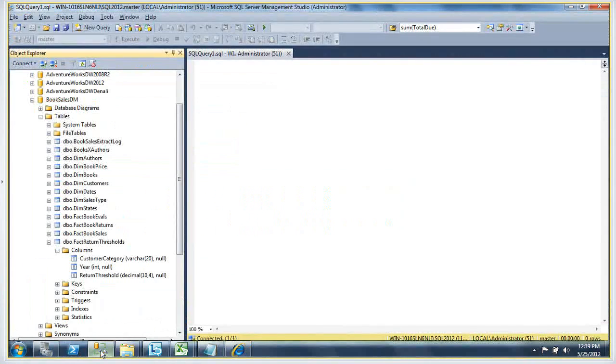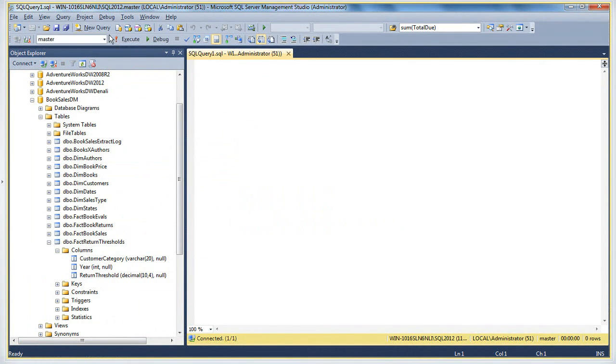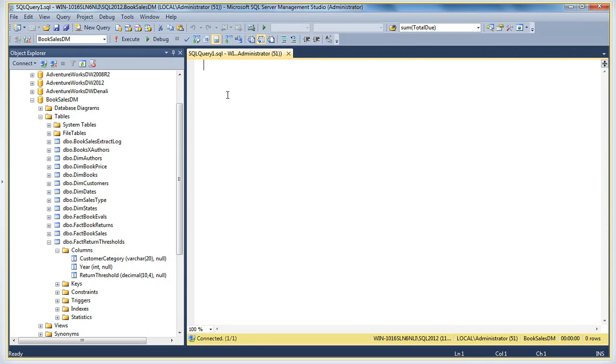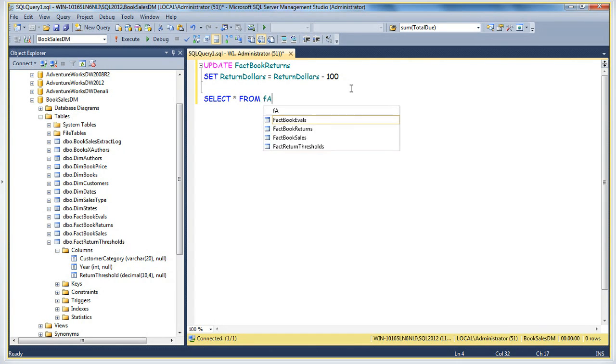If I were to go back to SQL Management Studio and update the sales or the returns figures, for instance, I might say update Factbook returns, and just for the heck of it, set return dollars equal to return dollars minus 100. I'm simply going to update all the return dollars and yank out another $100 from it to make it even lower. Then if I take a look at the raw data, select star from Factbook returns,